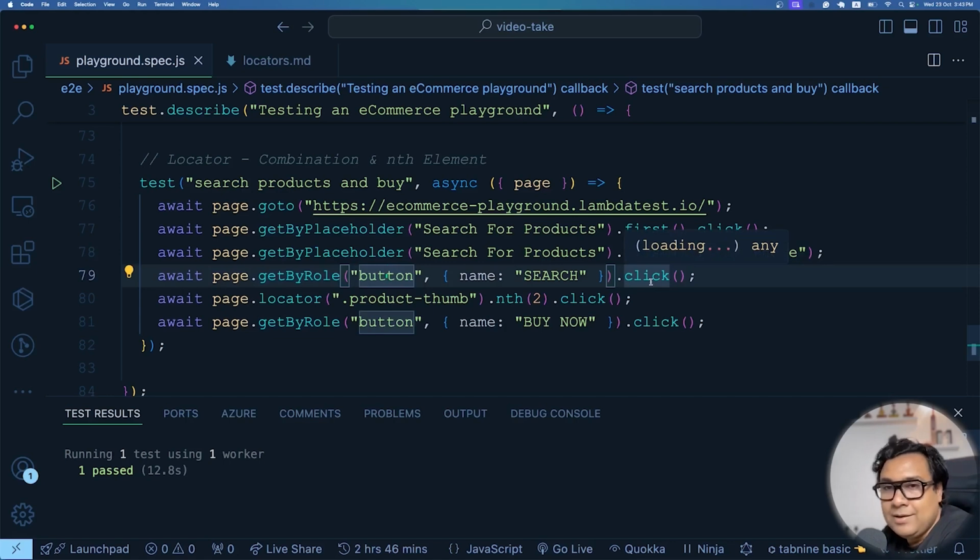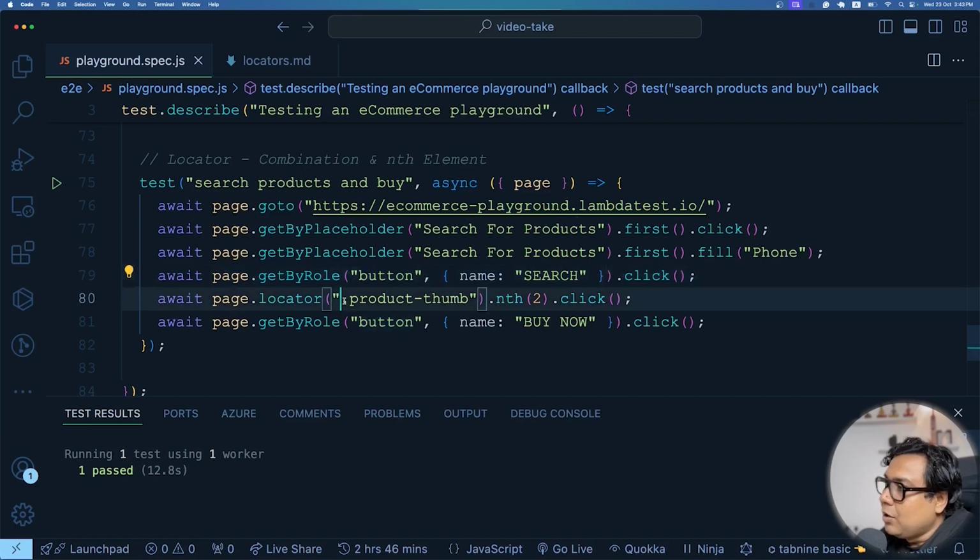We are making a click on that search. So it means there is a text field which has a placeholder "search for products", filling it, and then there is a button called search. We are clicking it. After that we are locating that .product-thumb, which is a CSS selector,